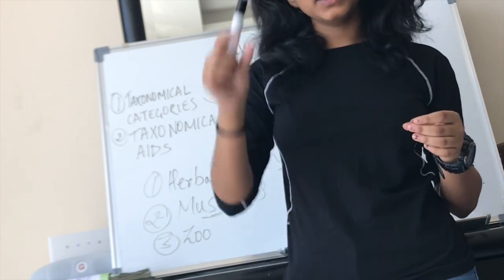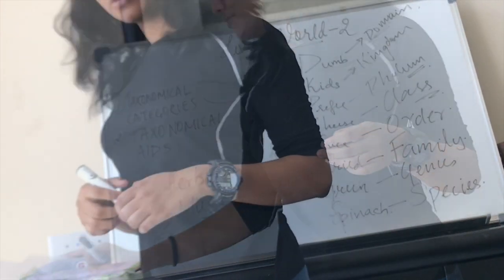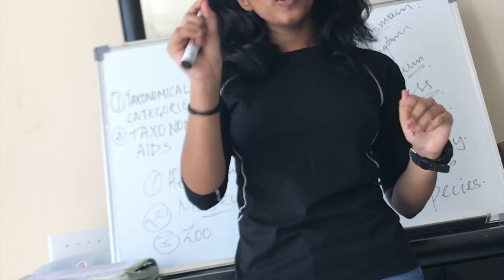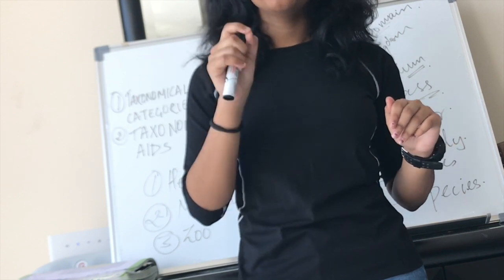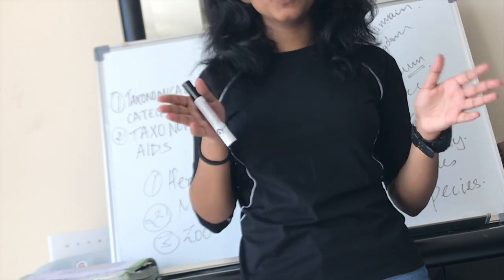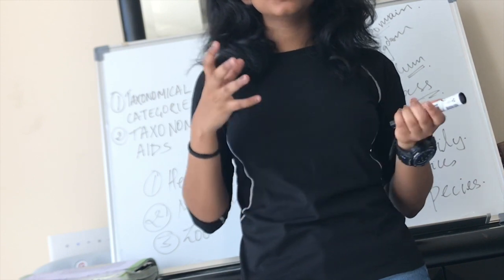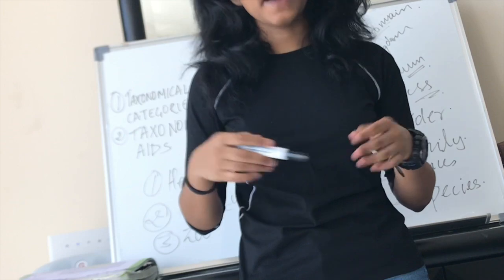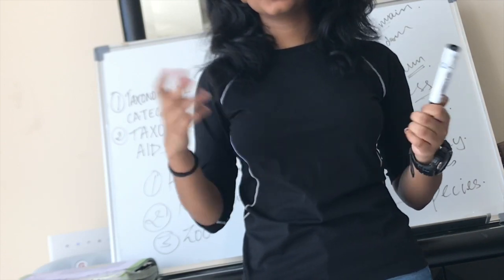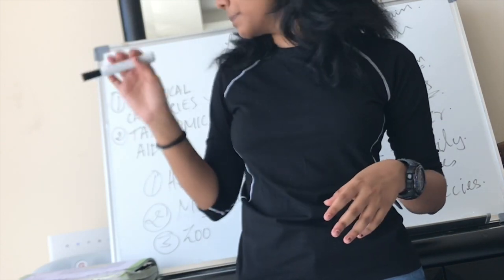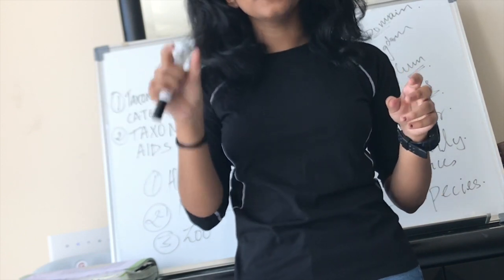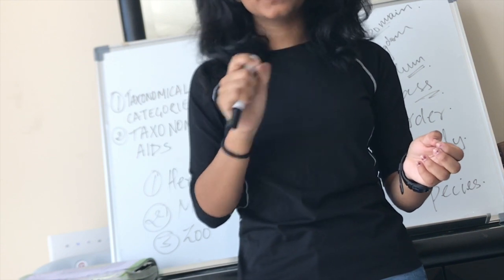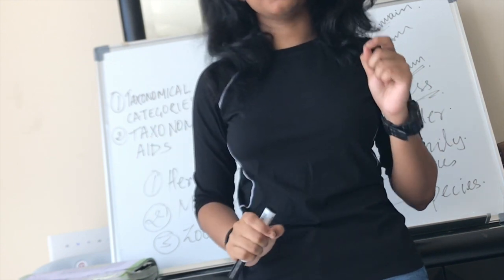Now we come to the end of the chapter, the last paragraph. This is also one place where questions are asked from in this chapter, that is flora, manuals and monographs. Flora, as you know, is a term used for plants in general. So it just gives you an account of all the plants present in a given area, in a given habitat. And manual is again about the organisms present in a given habitat. What is important is monographs. Monographs give information about one single taxon. This is a question which is repeatedly asked, so keep that in mind.